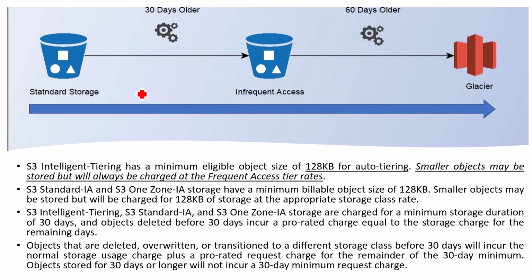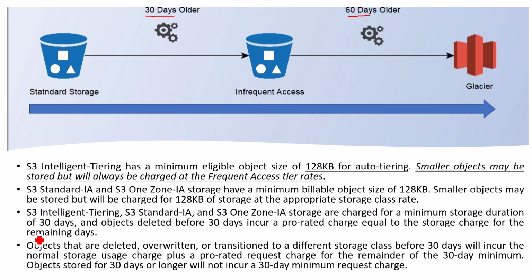This is the lifecycle of an S3 bucket, where this is the standard storage, and you can set the lifecycle based on your requirements. Here we have mentioned 30 days. If the objects are older than 30 days, they will go to Infrequent Access. Once moved to Infrequent Access, the charges and cost will be less compared to S3 Standard. Then we say that if an object is no longer used for 60 days in Infrequent Access, then move it to Glacier. Glacier is cost-saving storage, but the only thing is that there is a higher retrieval time.